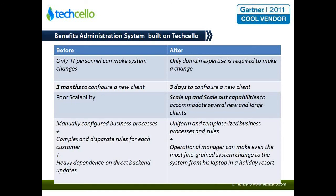This is a case study. This is actually a benefit administration system developed on Techcello by a company called Sikova in the USA. They are basically a large HRO, which means that they provide benefit administration services to Fortune 500 clients in the US. They have millions of employee records, 5,000 concurrent users who are using this application platform. So there are multiple layers of users which we have, starting from the backend agents of Sikova's back